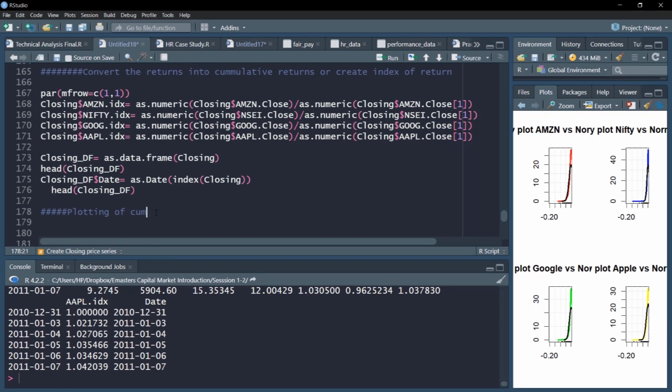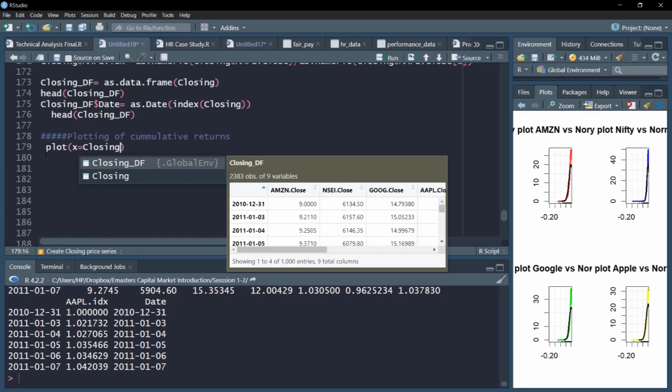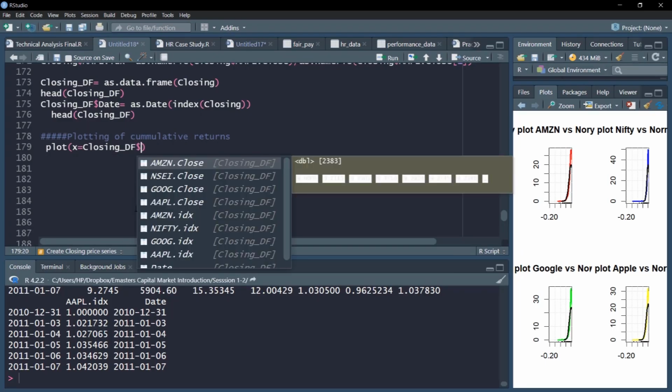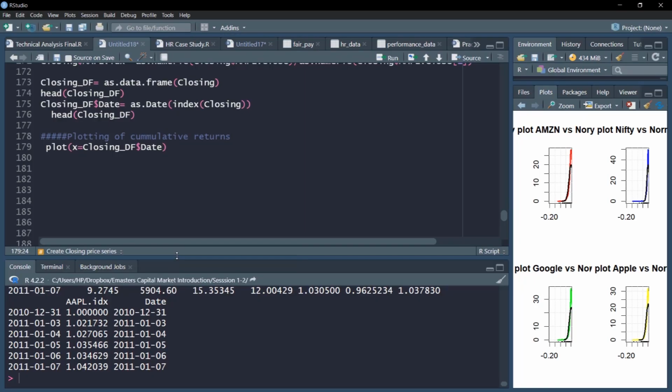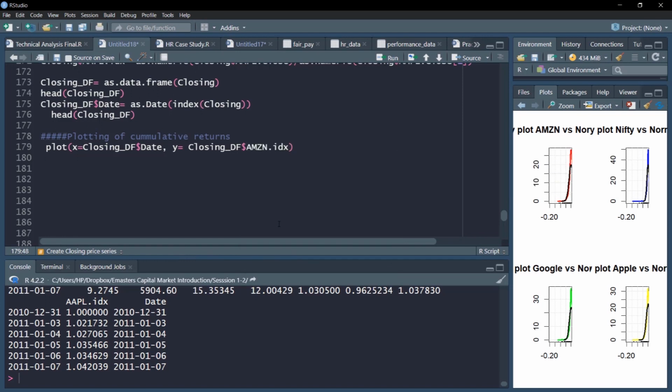Now let us start with the plotting of cumulative returns. How to do it? Plot x equal to closing_df dollar date, and for the y-axis we have closing_df dollar Amazon index.